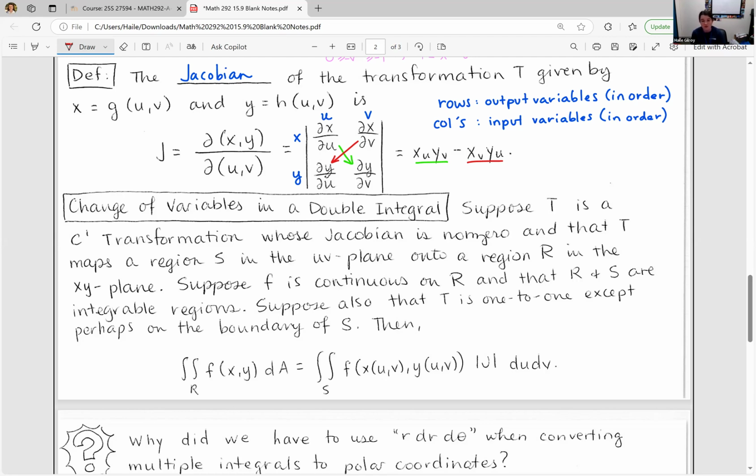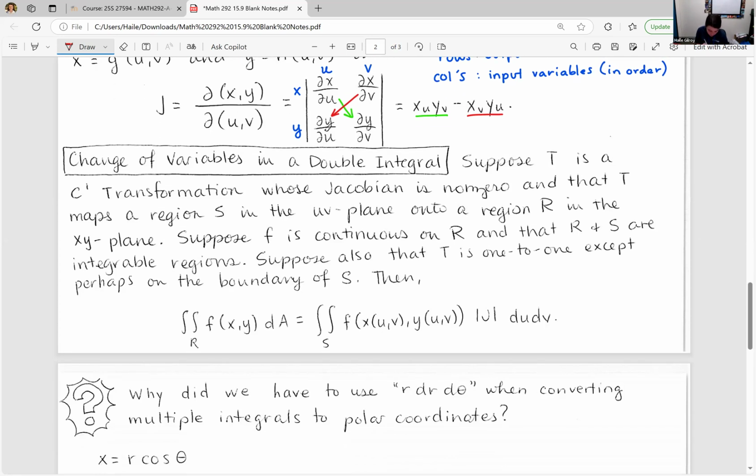And then suppose also that T is 1-to-1, except perhaps on the boundary of S, which naturally means that we can get an inverse of T if we needed to. Then look at what we have here. So the integral of a function f in the variables x, y, we plug in the functions of u and